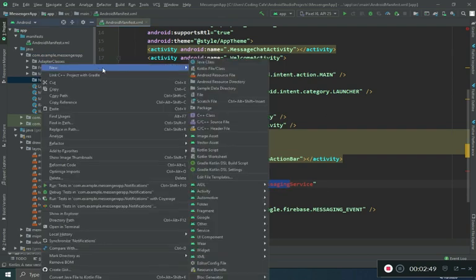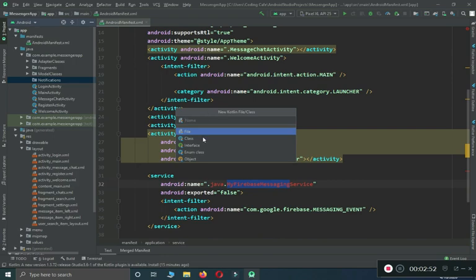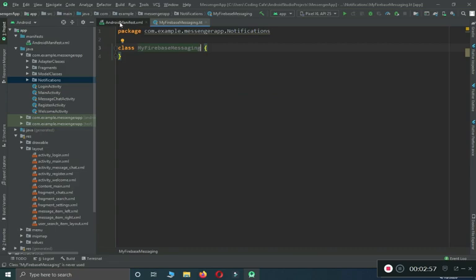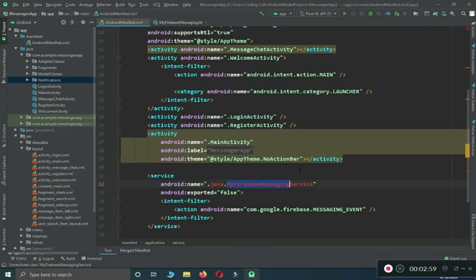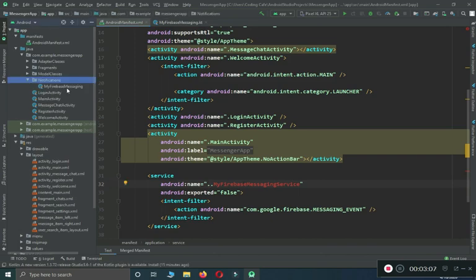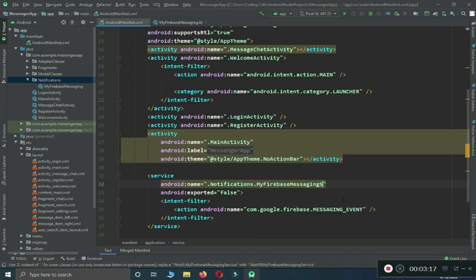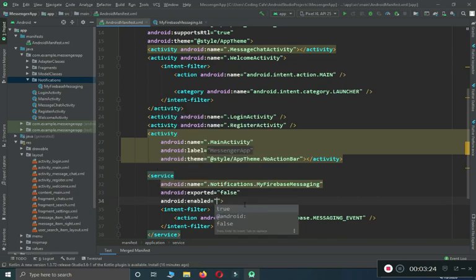Right click on notifications, new Kotlin file class, and name it MyFirebaseMessaging. Now we need to give this location to our class, so inside notifications you can set .notifications.MyFirebaseMessaging, which you can see here, and we set enabled